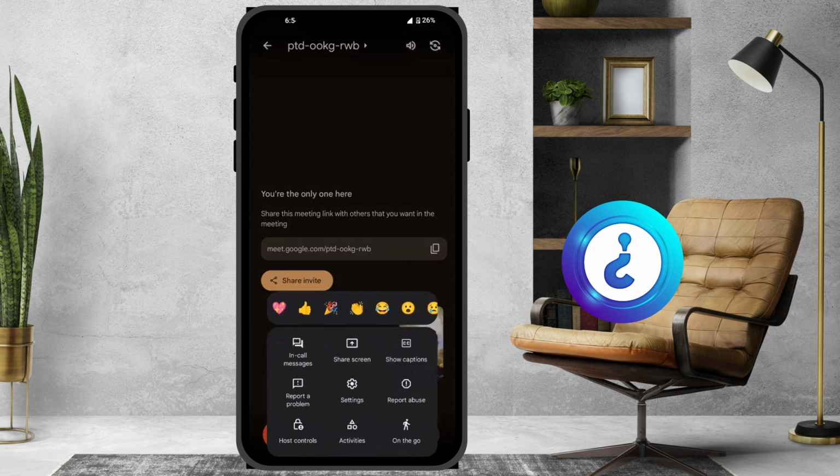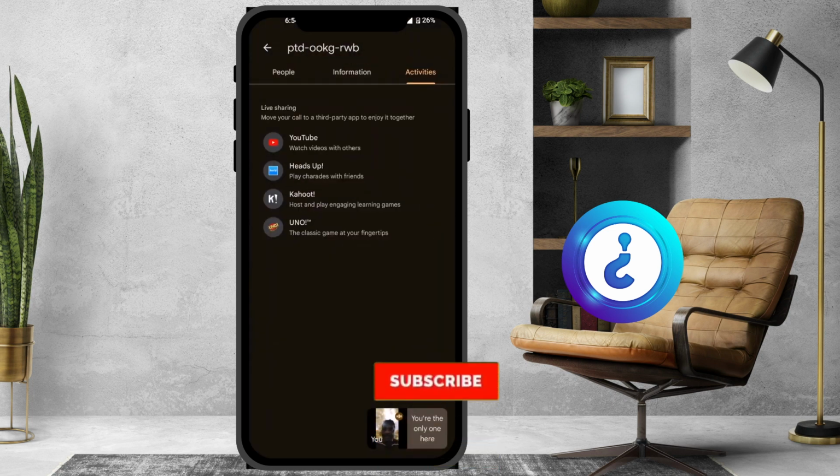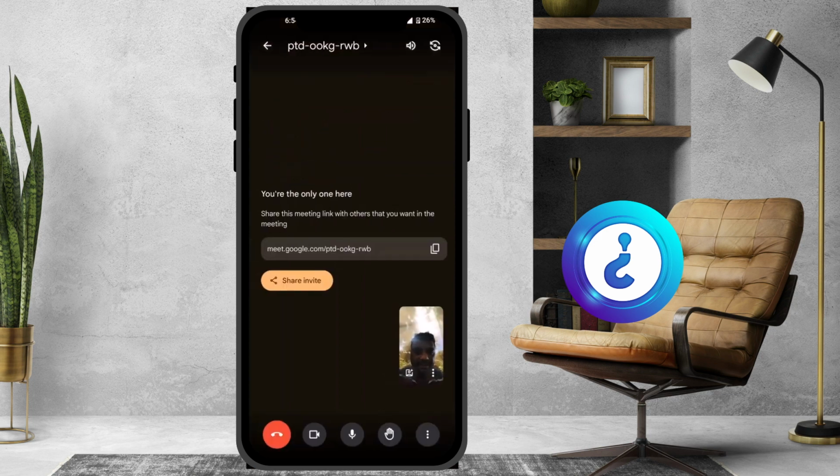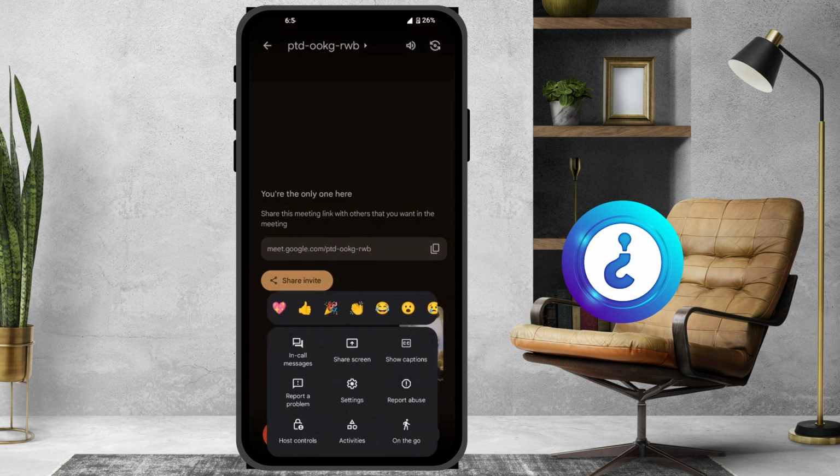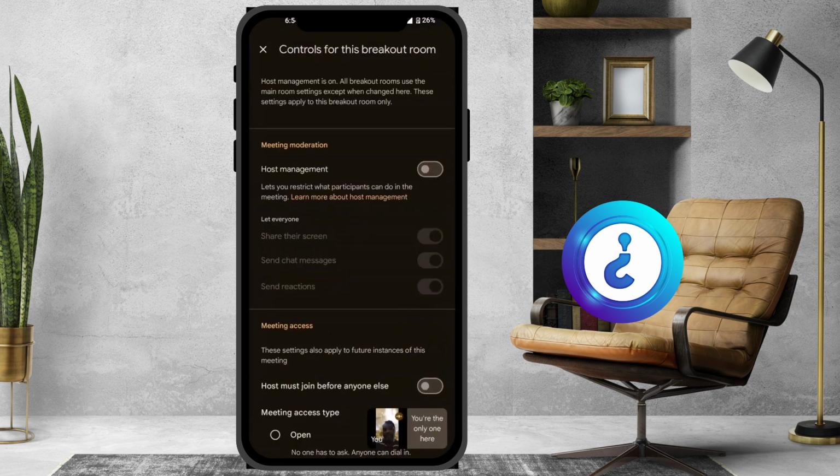In the activities panel you can create, and you can show the YouTube video, watch others with the YouTube videos, play the cards with friends, and host the playing and learning games, and the classic games also you can play with the activities area, so that you can watch a video with your friends, everything will be there. As well as you can click host controls, because I am hosting the control